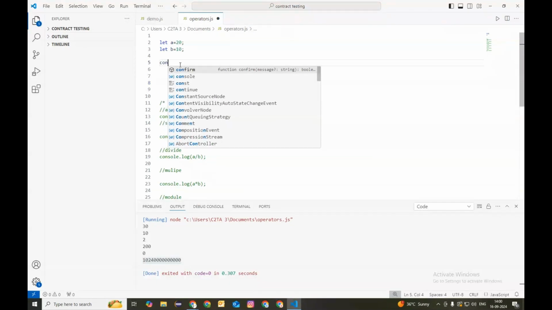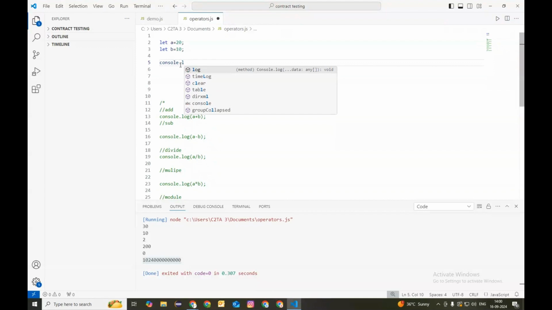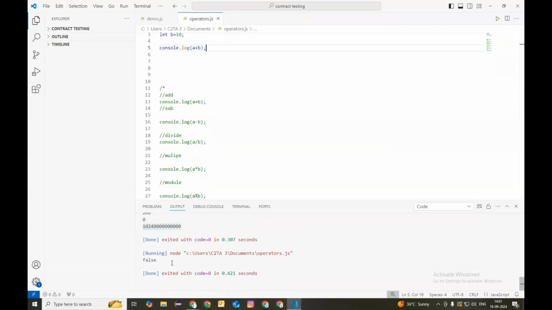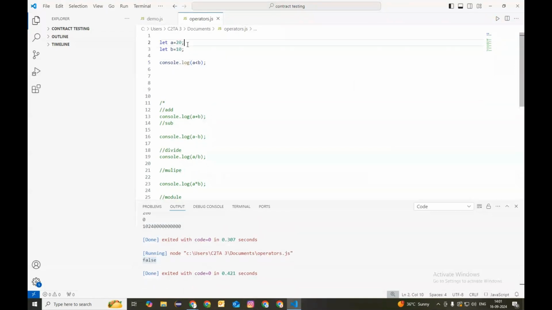Console.log a is greater than b. It checks whether a is greater than b. If I run it, it is false, because a value is 20 and b is 10. If I reverse it, if it is greater than, it should print true. So if I run it,